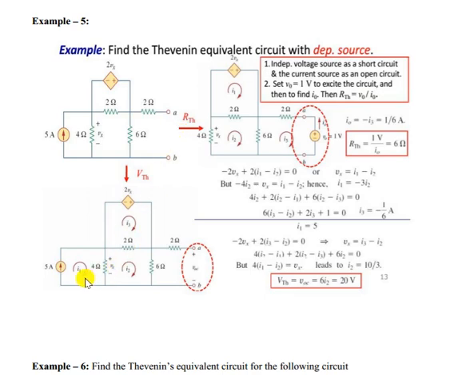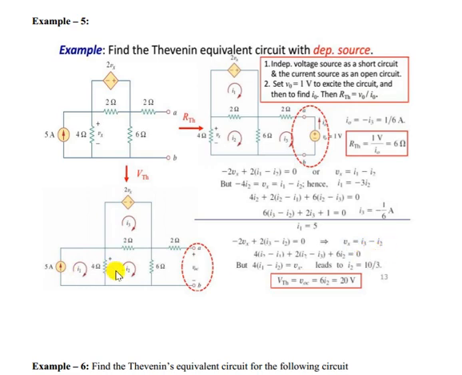So here we can write some KVL equation, that is I1 is I2 and I3, now base current. So I1 is nothing but 5 ampere, so I1 equal to 5 ampere. Then if we write this KVL here, in the direction encountering negative first, so minus 2Vx, then plus 2 into I3 minus I2 equal to 0. So that is the mesh 2 loop. So from here you can get Vx equal to I3 minus I2.